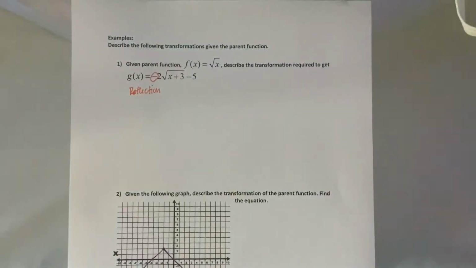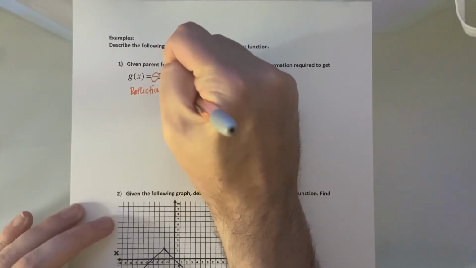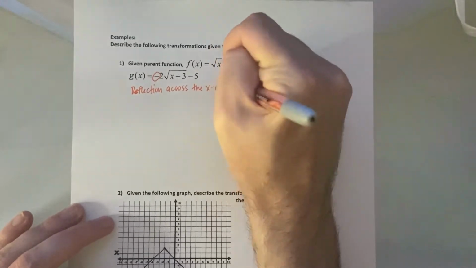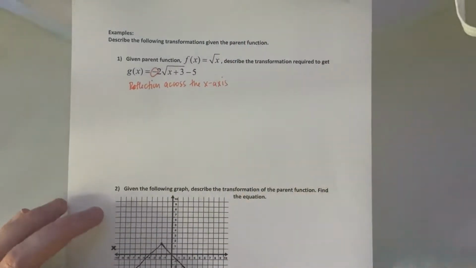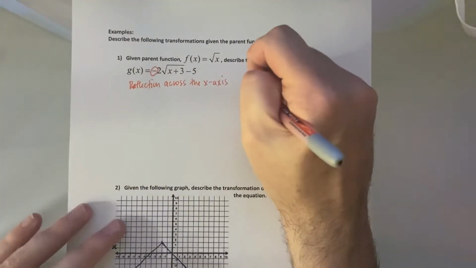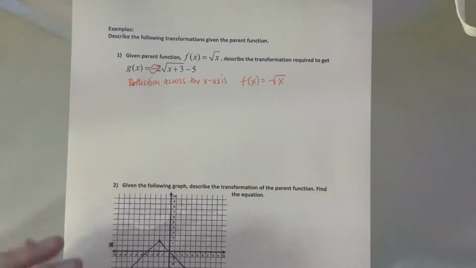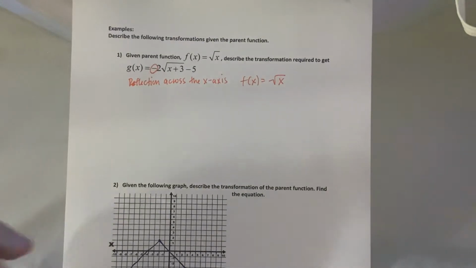Now, what axis is this across? This is across the x-axis because this is in front of everything. This is the one that flips it up and down. So that gets us to f of x equals negative square root of x. I like to keep track of what things I've accounted for when I'm going through it so I can see